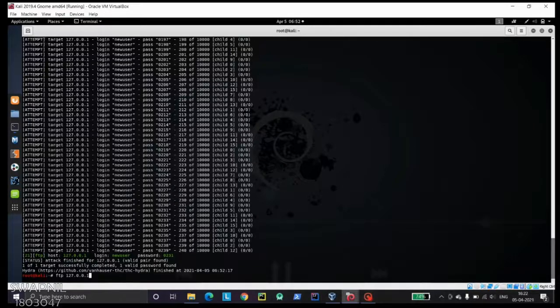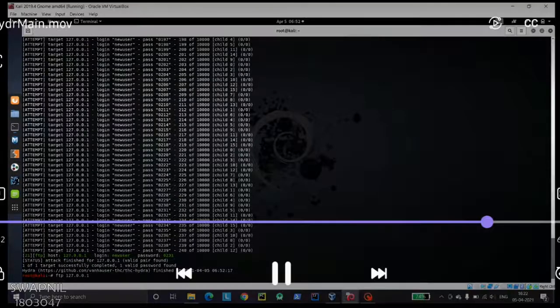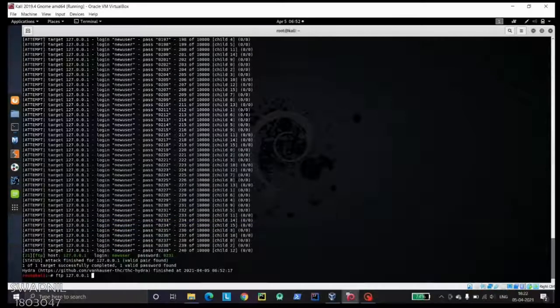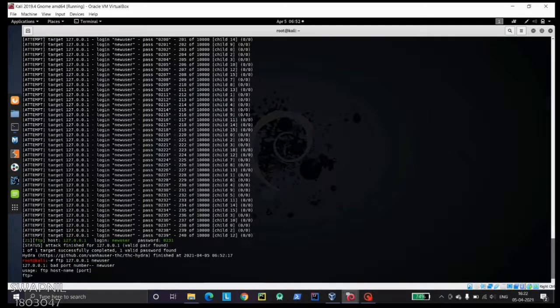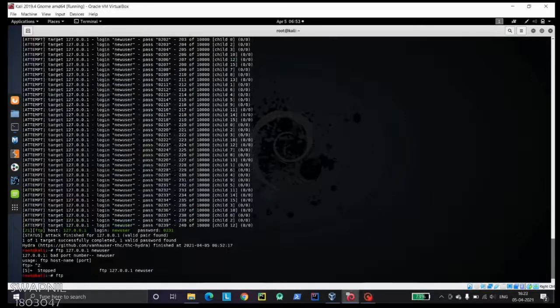So the command that we'll use to log in is ftp 127.0.0.1 newuser, or simply we can write ftp 127.0.0.1.